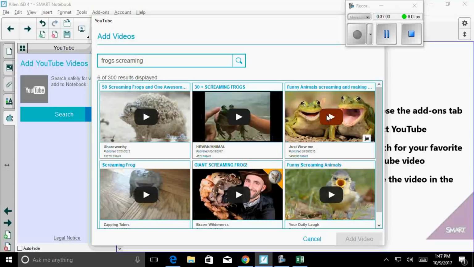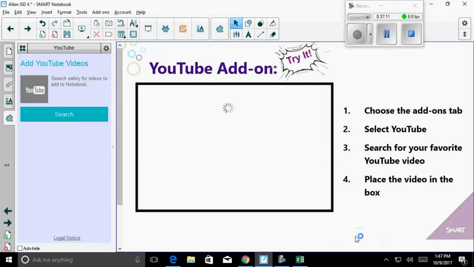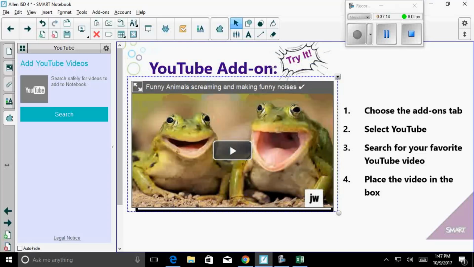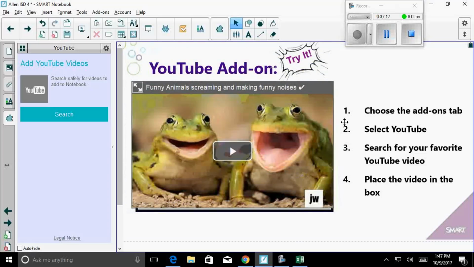So I can preview to make sure it's the video I'm looking for by just clicking here. Let's say that's the right one. I click on it, and I can click Add Video. And it's here. And it's clean, nothing around it. When it's done, it's done. It's not going to show you anything else. Then you can also have your questions or things you want them to think about typed out to the side so they can be watching the video and seeing what you want them to focus on